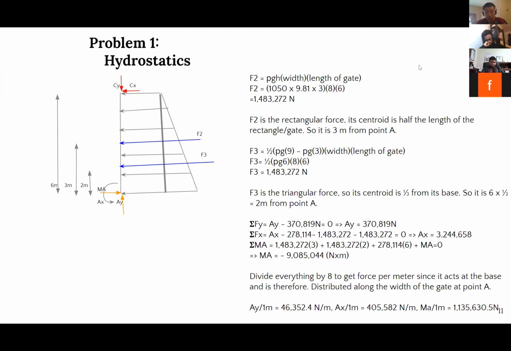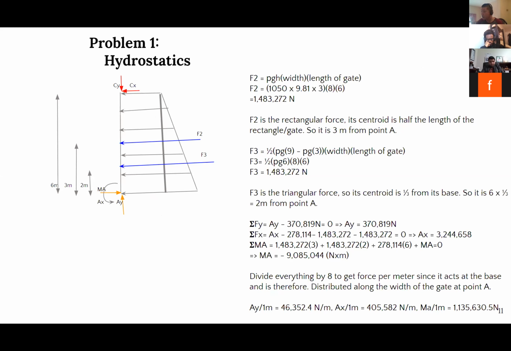Now that we know Cx and Cy, we can move on to the second section. So this is a free body diagram of the second section, and like I said, since we know Cy and Cx, there's only 3 unknowns. So we should probably begin by calculating F2 and F3, the pressure forces due to this prism. So F2 is simply the volume of this rectangular prism. So this can be calculated by the pressure at the top times the width into the paper times the length of the gate. So using all of that, we can see that the pressure force provided by the rectangular prism is